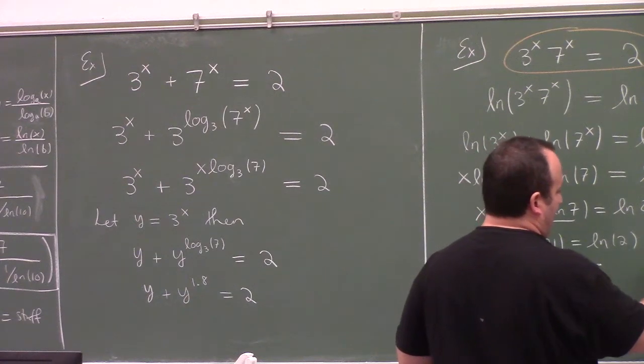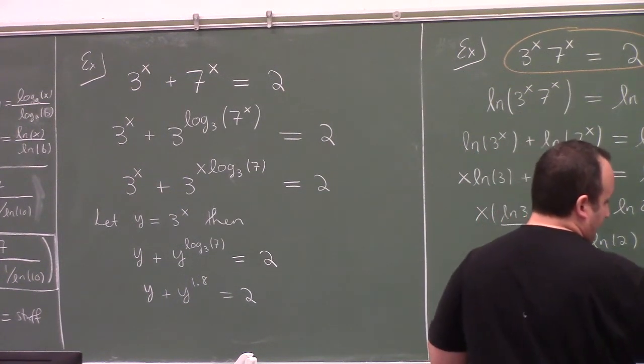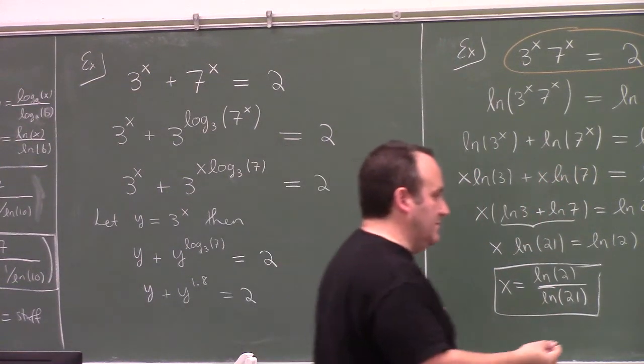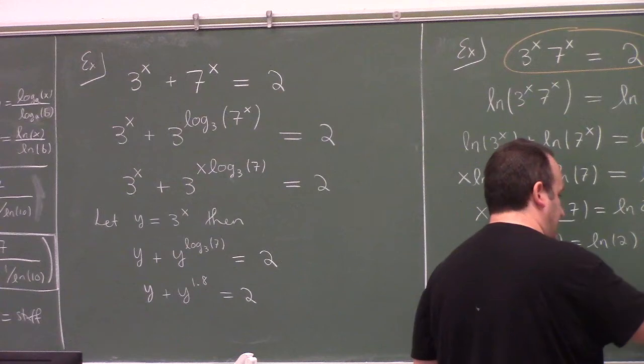Right, this is way easier if we just make this step 21 to the x equals 2, right? And so we take the natural log of both sides, and we get